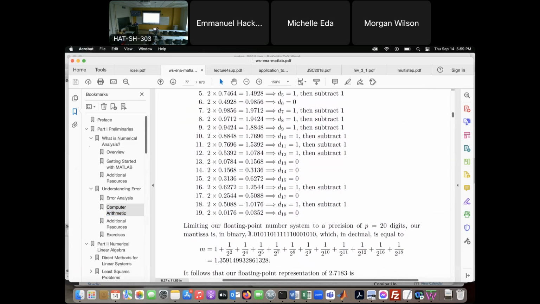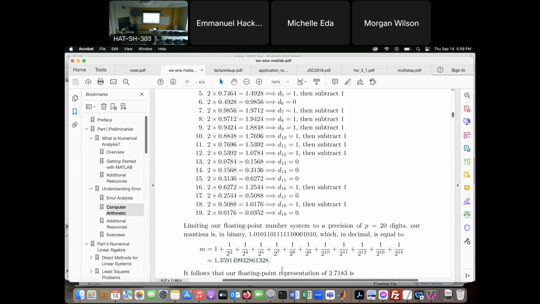So here I have this leading 1, this gives me 1. Then I have nothing, then second digit is 1. That's the binary point. So then I multiply that by 1 over 2 squared, 0. And the next one by 1 over 2 to the 4, and so on. And adding all of these up